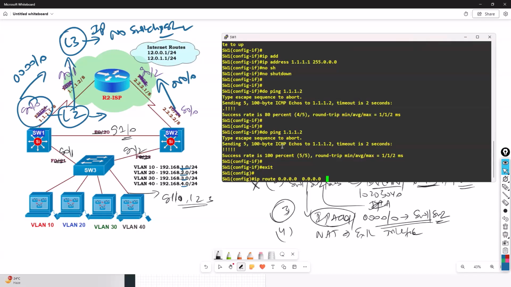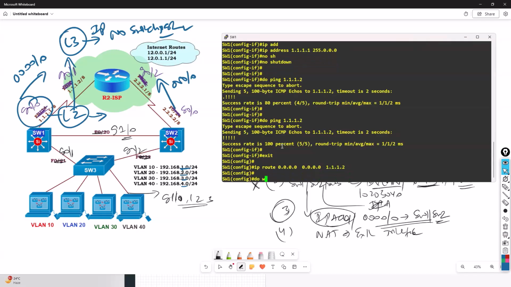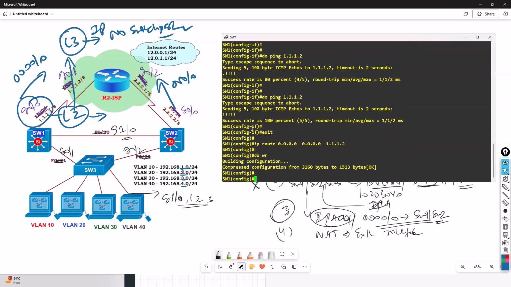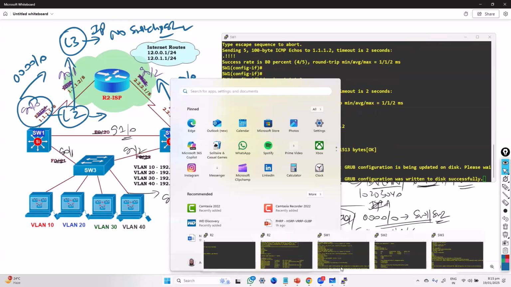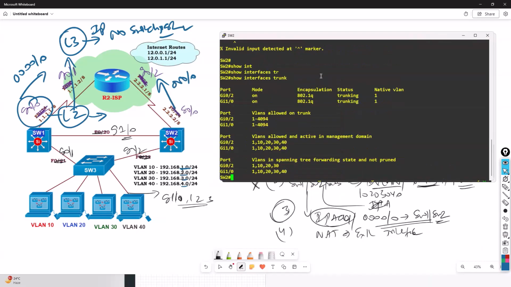So we'll simply say IP route 0.0.0.0 0.0.0.0 1.1.1.2. That's a default route, which is going to point to the next hop. And the same thing, we need to do it on the switch 2 as well. On the switch 2 side also,